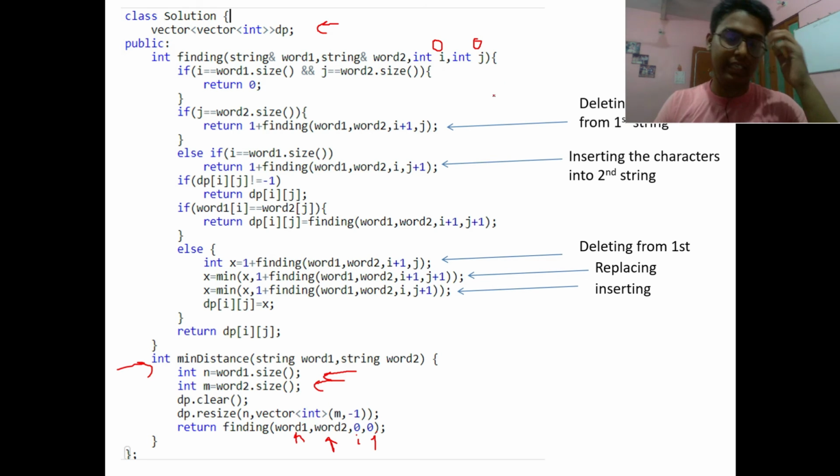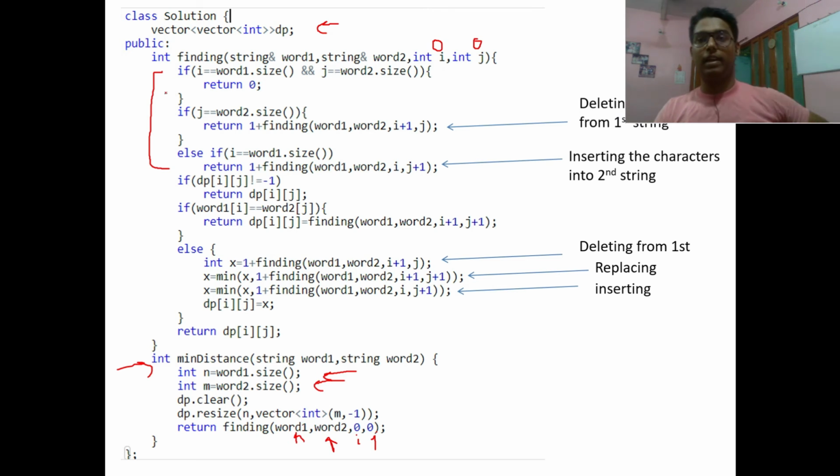We will move toward the edge cases later. Firstly, let me show you that if dp of I and j is -1, then it is not filled yet, right?